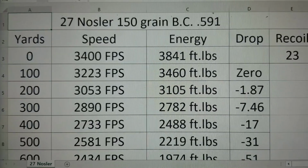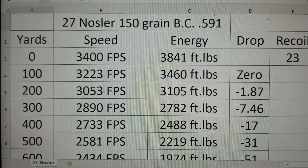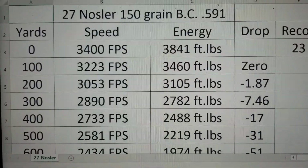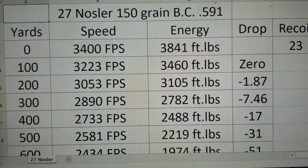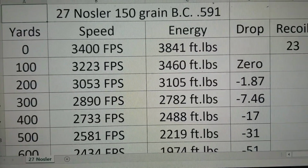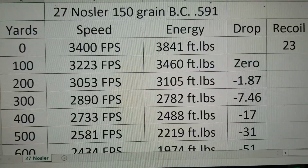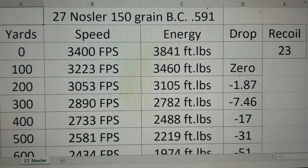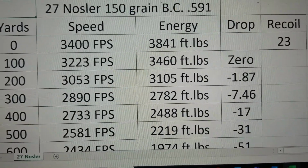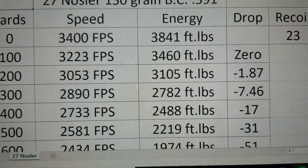Let me show you the ballistics for the 27 Nosler. Now I'm going to use this 150 grain AccuBond Long Range. As you saw previously, I don't know the BC for their 165 grain bullet yet. So we're just going to use the smaller 150 grain bullet with a BC of 0.591, which is quite good. Now out of the muzzle, this bullet is going 3,400 feet per second, which gives the energy at